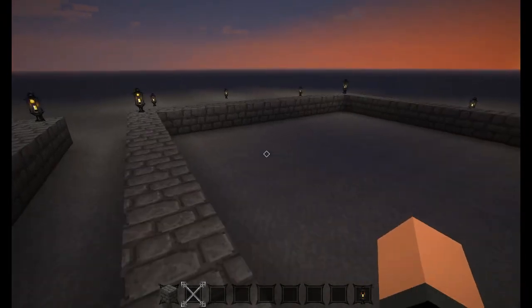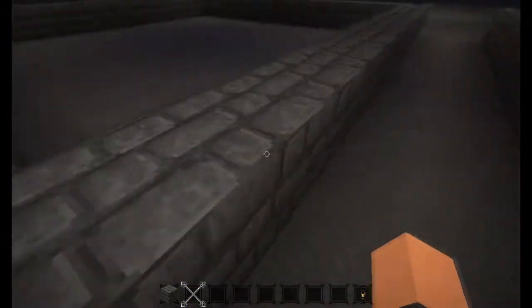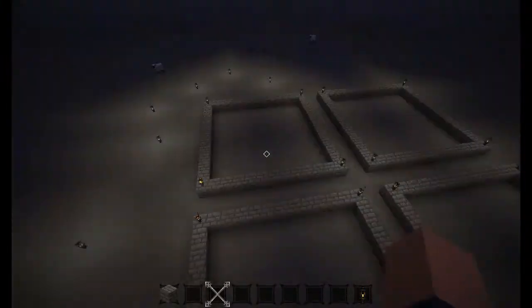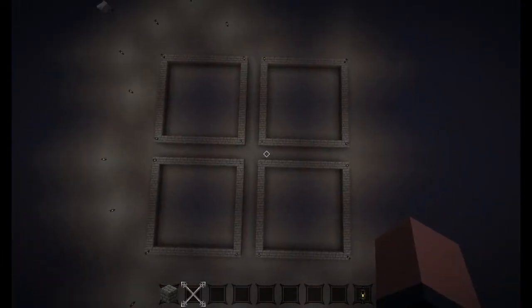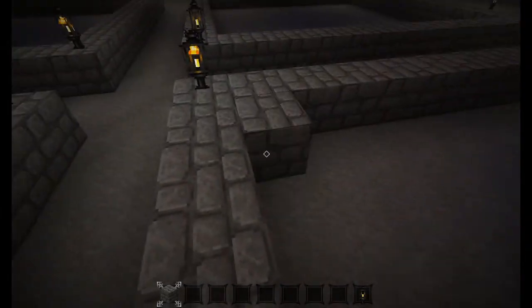So the first thing you've got to do, guys, is make a 13 by 13 wall that's one high, and then duplicate it on the other side, and then duplicate that side onto that side, so it's just like a perfect square of 4 13 by 13 blocks. And then what you've got to start doing is filling it in,